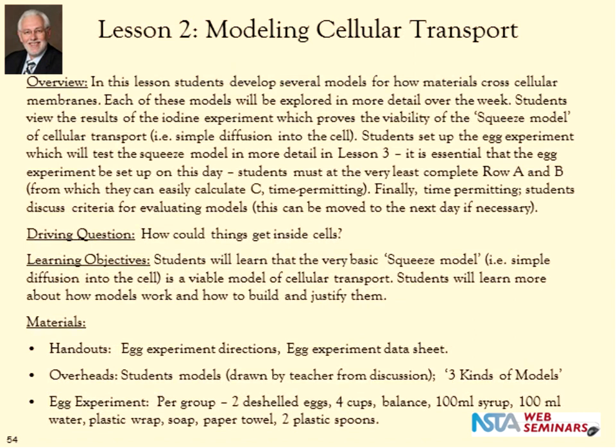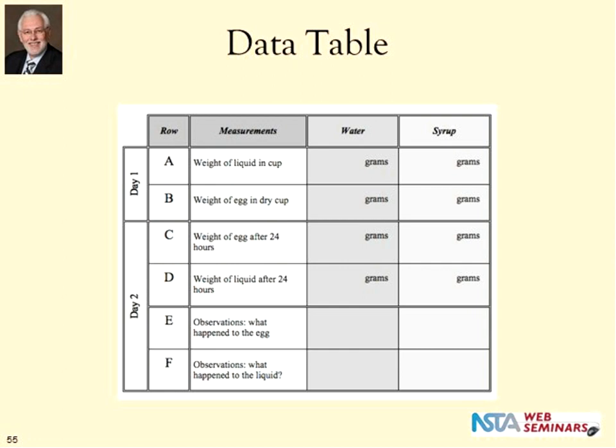This investigation was based on an experiment in which students were given eggs that had the shells dissolved off of them, so that it was a simulation of a cell, and the eggs were placed in different solutions to see what would happen as materials moved across into the cell, diffusion into the cell, or out of the cell. The purpose of showing you this is to look at one way that we can evaluate students' learning, which a question came up earlier.